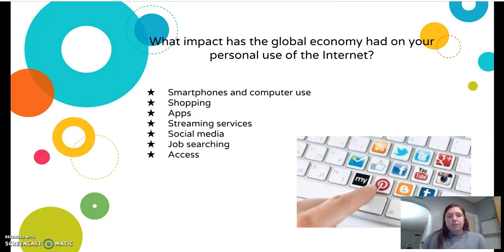The impact that the global economy has had on my personal use of internet: with smartphones and computers, you can pretty much do anything you want on them, and the use of internet is huge and key now. I really enjoyed this picture.